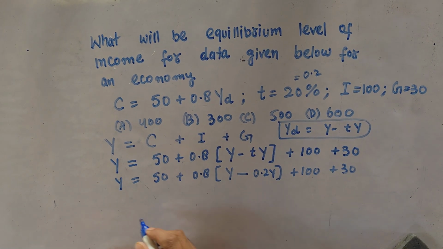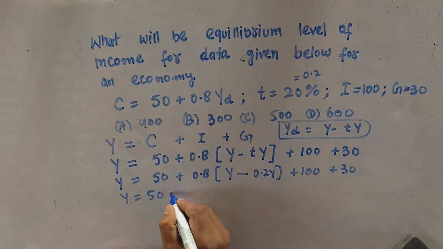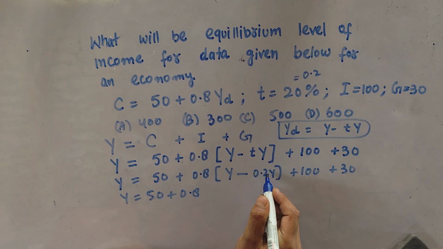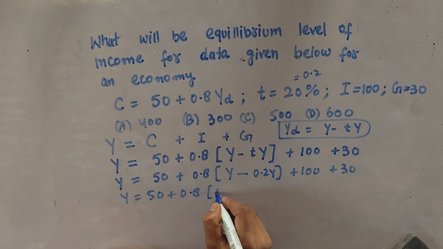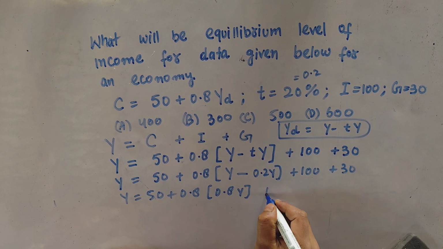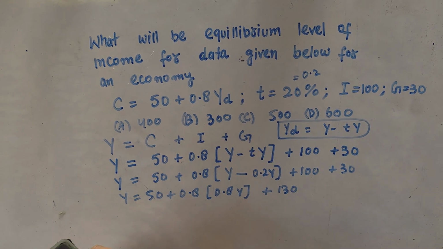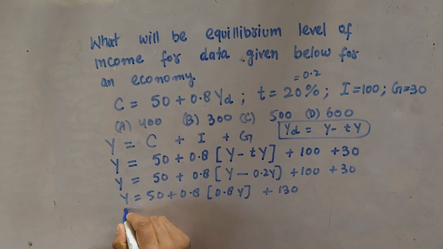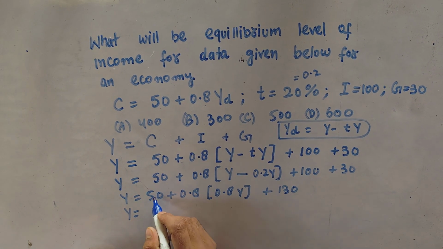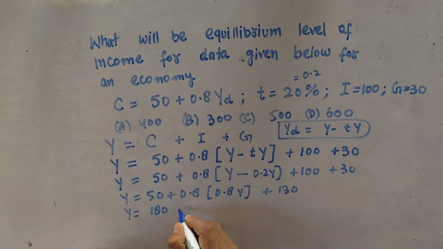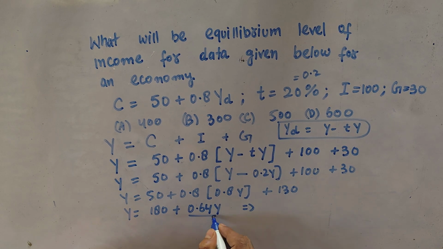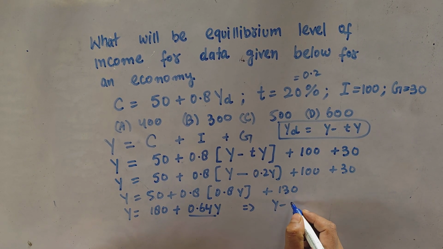Okay, or y will be equal to 50 plus 0.8. Now subtract 0.2 y from y, we will get 0.8 y plus we have 100 plus 30 is 130, or y will be equal to, so we have 130 plus 50, it is 180, plus 0.8 into 0.8 is 0.64 y. Okay, now transpose this term here, so we have y minus